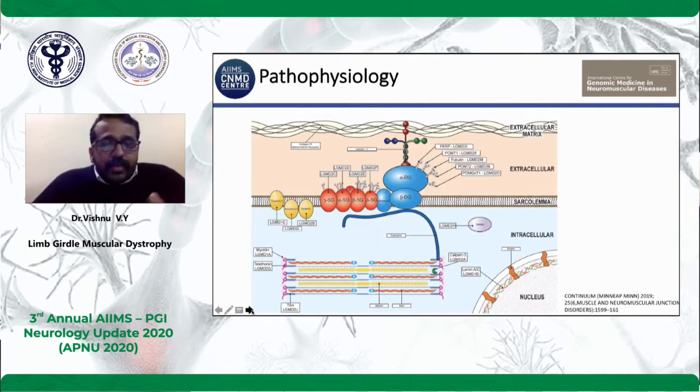So this diagram, a different variation of which Dr. Sharma has already shown. For all the exam-going residents, I would still say draw this diagram by hand and keep it, because if you just learn all the genes and proteins by heart, it will not turn into understanding. When you know exactly where each protein lies in the muscle structure, from the extracellular matrix proteins to the dystroglycans, the sarcoglycans lying on the sarcolemma, the dysferlin, anoctamin, myotilin, and so on, it's easy to understand the pathophysiology and the importance of each genetic mutation, where the protein sits and where the final common pathway is going to be affected.